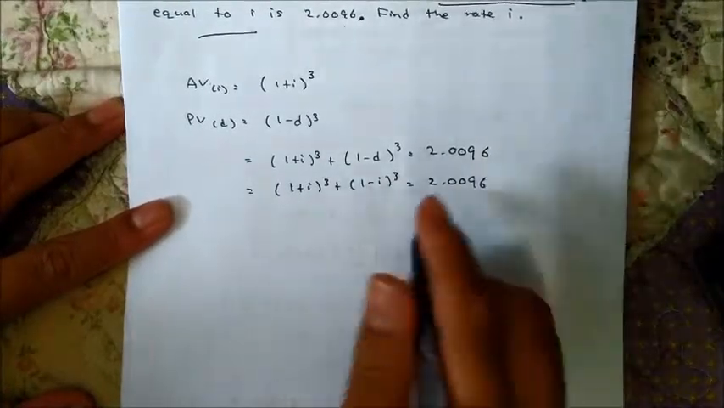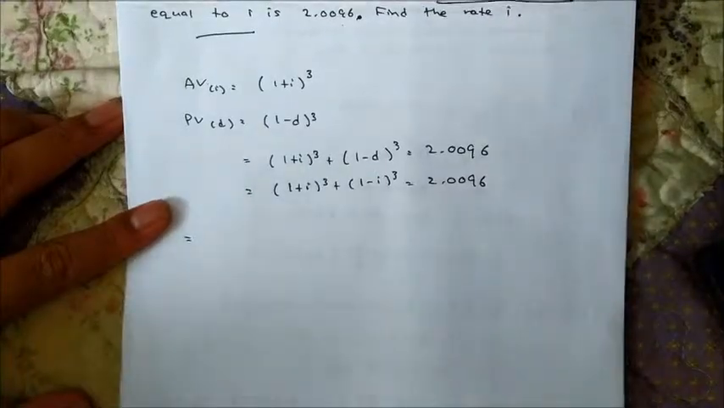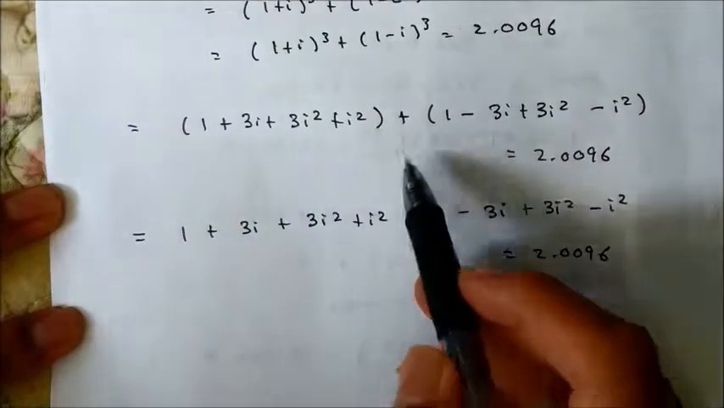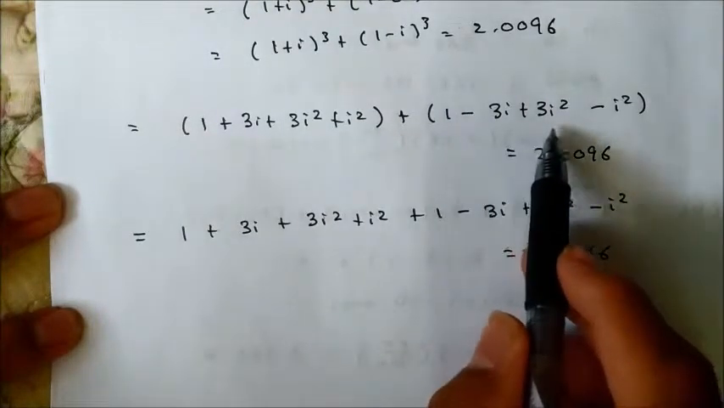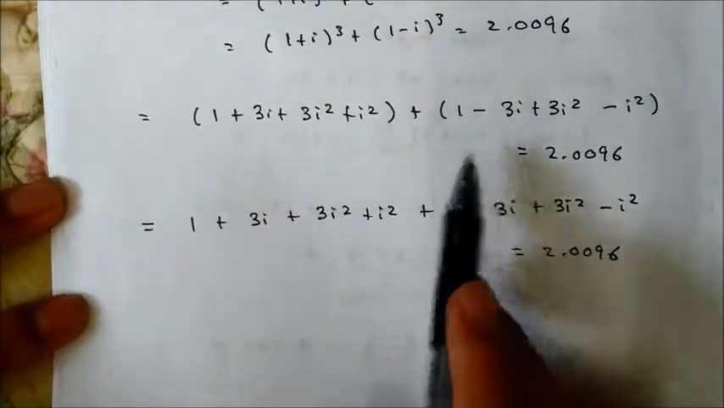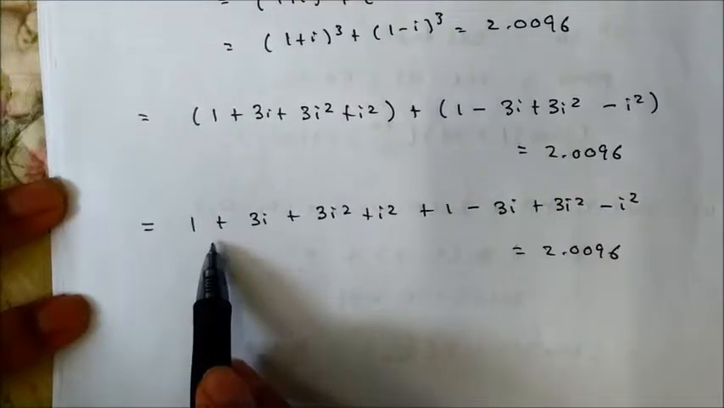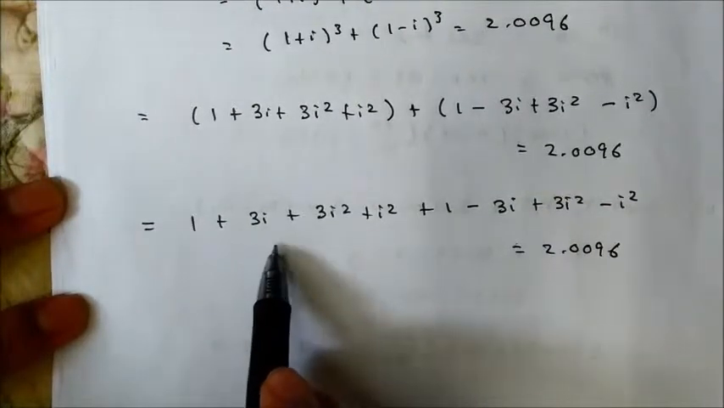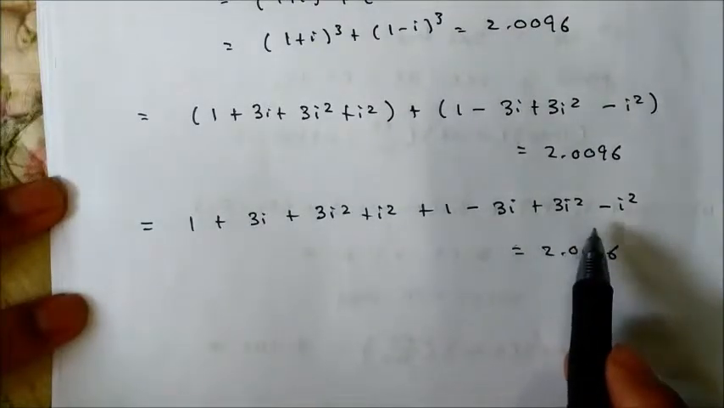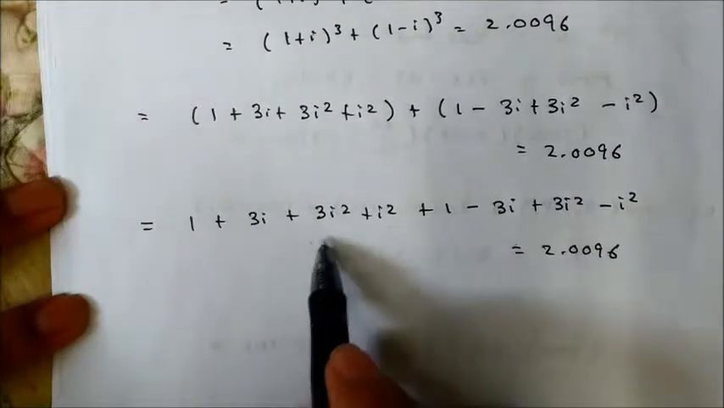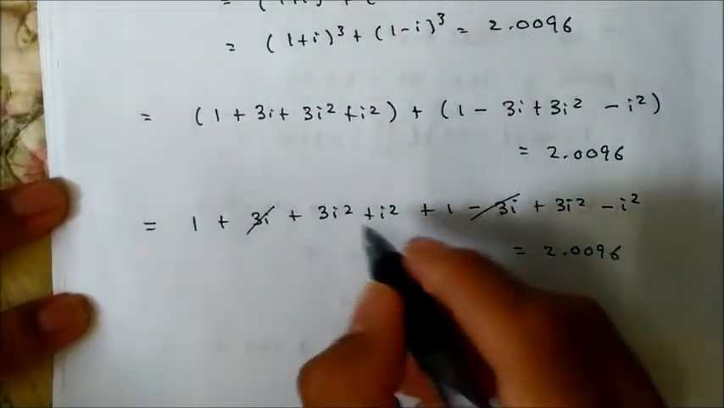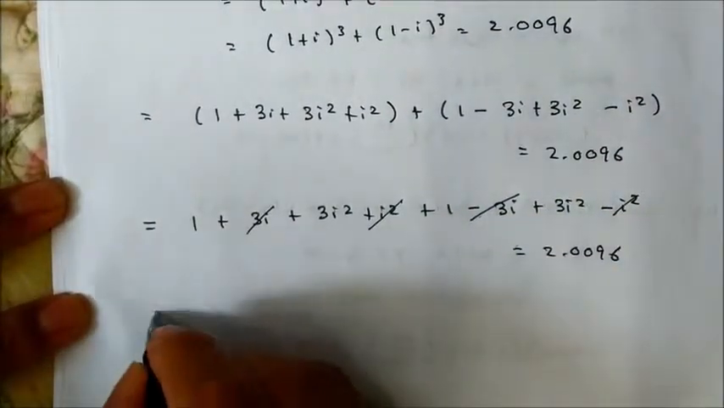So the expansion will result in 1 plus 3i plus 3i square plus i cubed plus 1 minus 3i plus 3i square minus i cubed, which equals 2.0096. Therefore, we will open the brackets. So this is the full equation. We will look at the terms which can be cancelled out, which is 3i minus 3i, and also i cubed against i cubed. So we are going to be left with